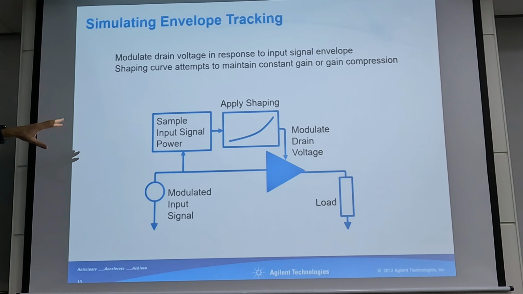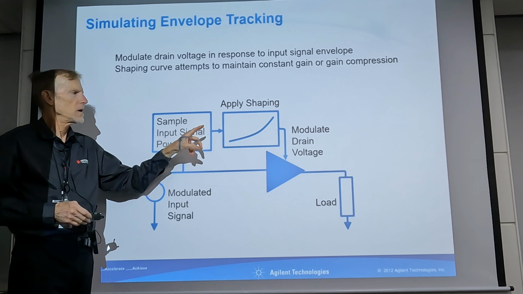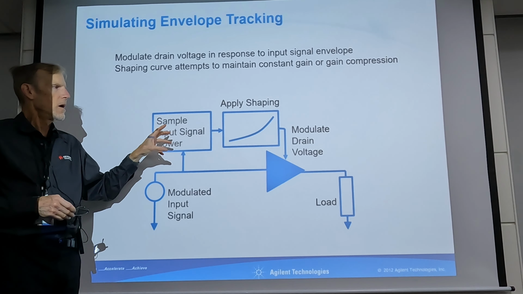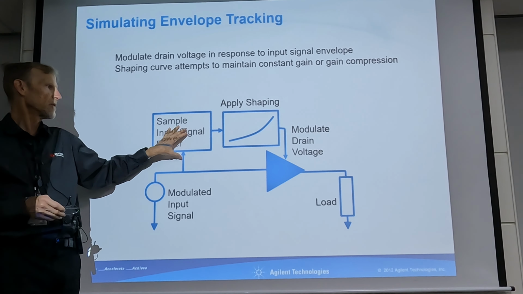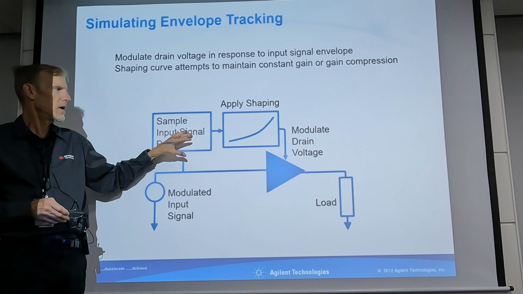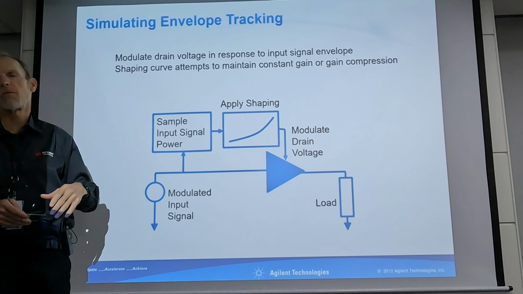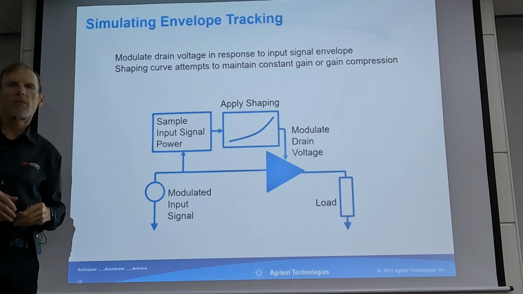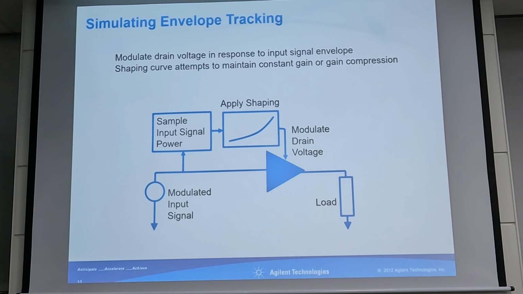My understanding of envelope tracking is that a big part of the design task is getting the bias modulator to work correctly. And I have never created an example of a complex bias modulator. Probably some customers have, I don't know. I assume it's proprietary, certainly what customers have done. And I think there are limitations as to how well you could simulate that with ADS, but it is also possible to